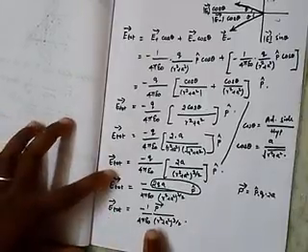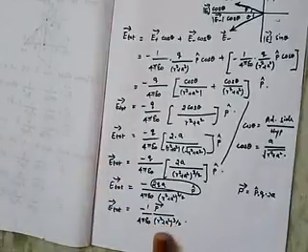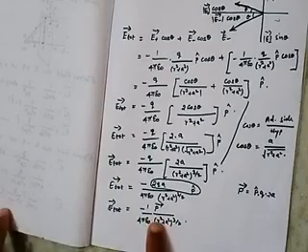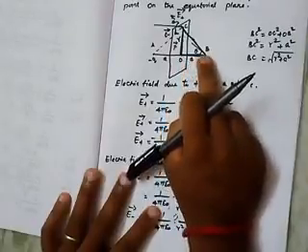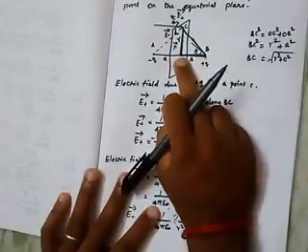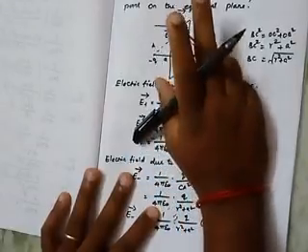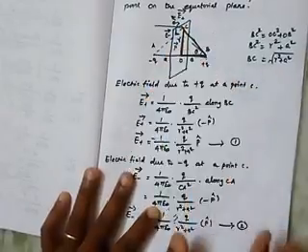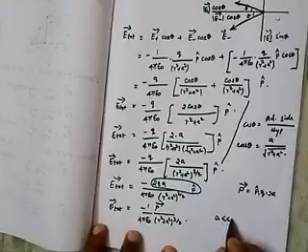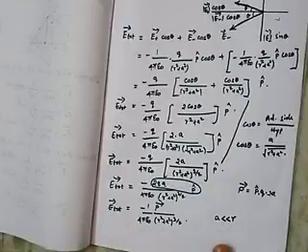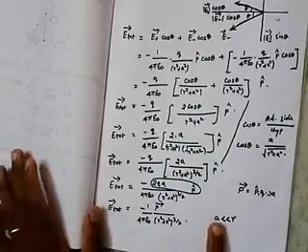So here this r square plus a square is a relationship between the distances. Okay, now we can compare a with r. We know that a is the distance of one charge from the midpoint of the dipole, and r is the distance of the test charge from the midpoint of the dipole. So we can compare the distance a with r, and a is very much smaller than r. So we can neglect the value of a.